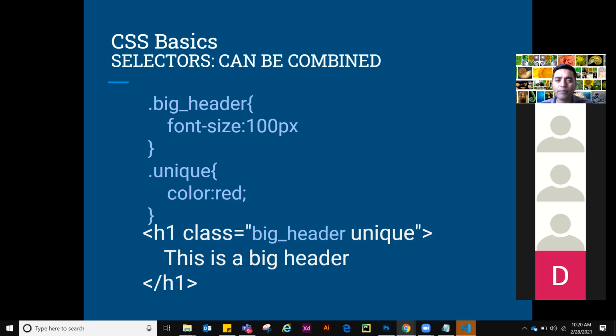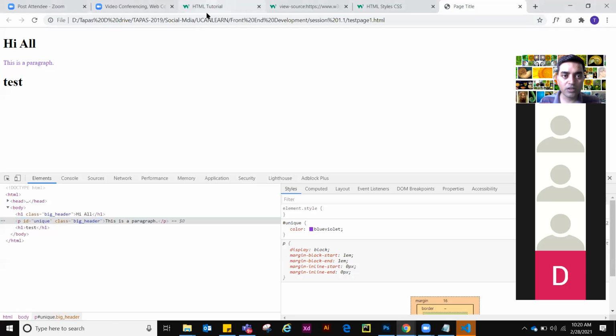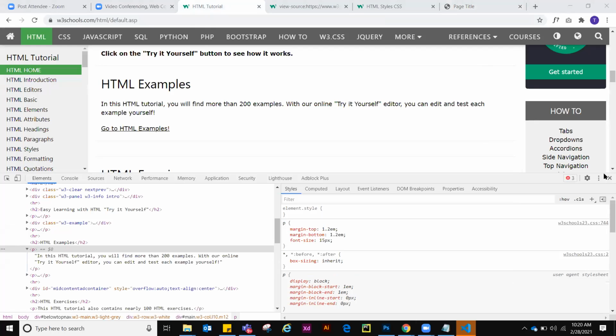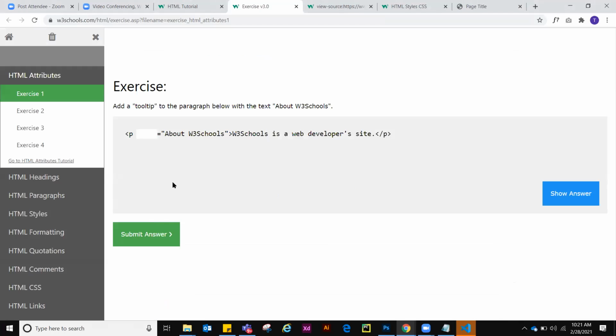Do nothing, go to any web page in your browser, right click and inspect. That's it. If you don't want to write code, no problem. Or if you want to practice, then you have W3Schools. This is a very good place to learn. Last day also we discussed it. You go here, and with each topic you can submit your answer. So here you can do it live.